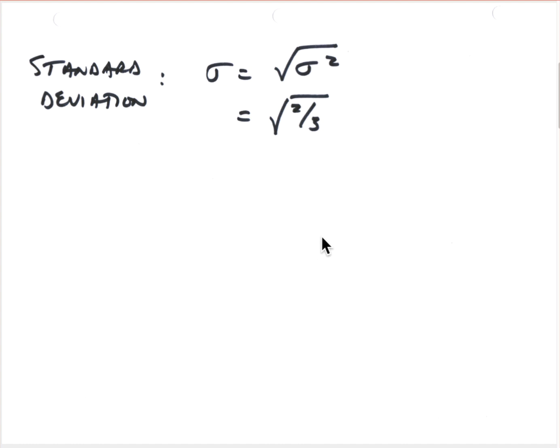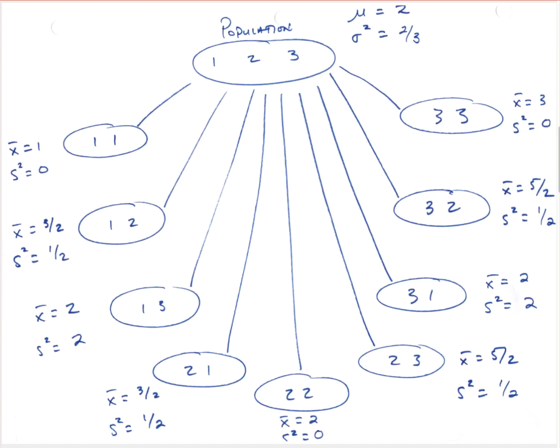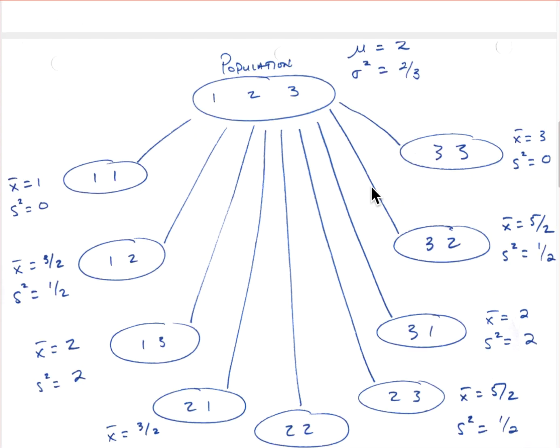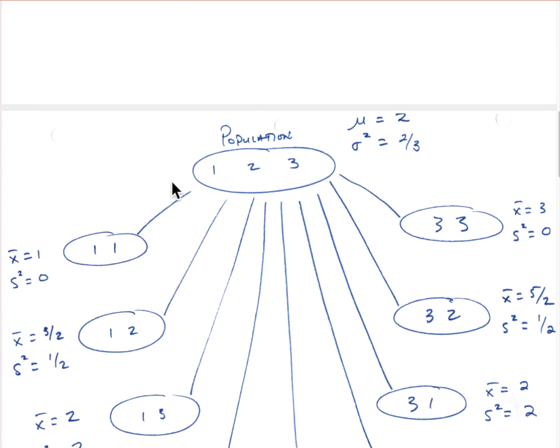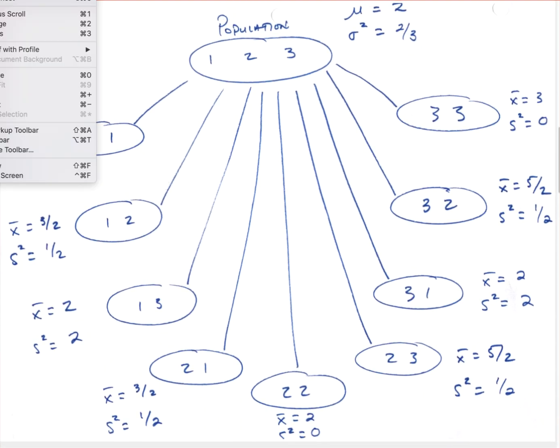And so now what I want us to do is think about the process of sampling from this population random samples of size 2, and I want to think about the sampling distribution of the sample mean. So let me see here. We can